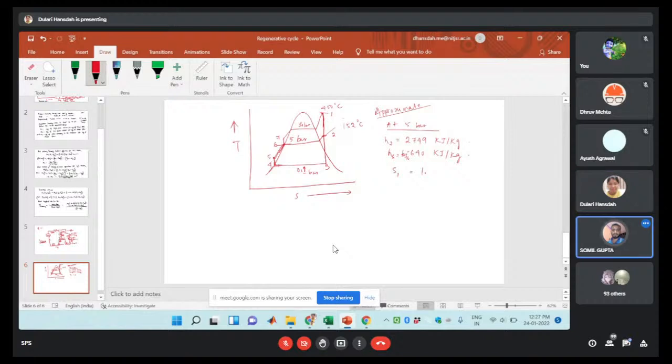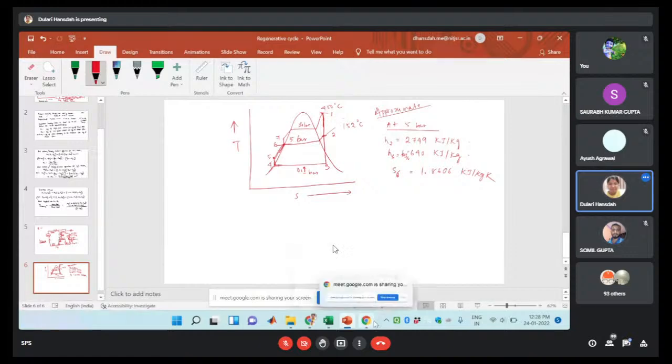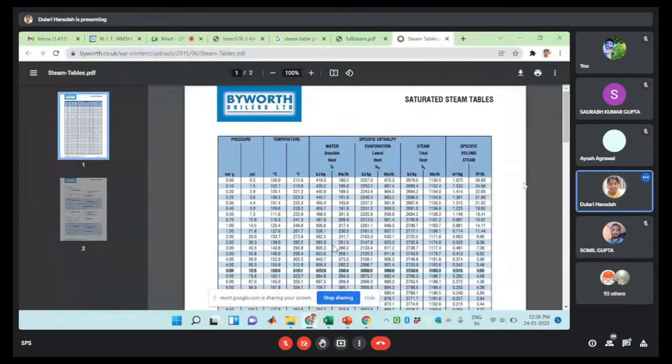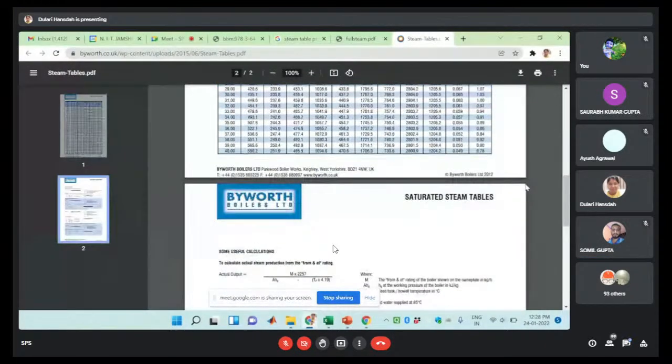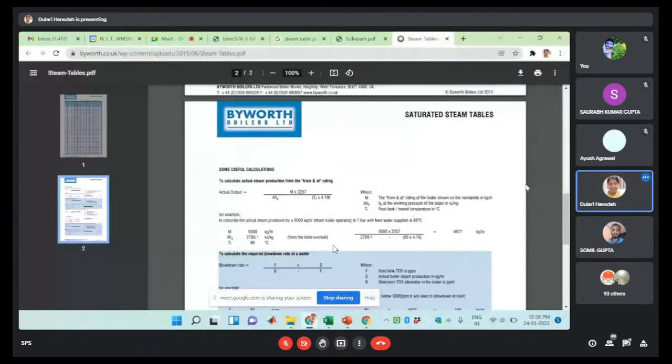S6 बता रहे हैं। S6 मैम 1.8606। S6 कितना है? 1.8606। कितना यूनिट? किलोजूल पर केजी केल्विन ना। Yes, ma'am. कौन सा टेबल यूज किए तुम? तुम्हारे पास बुक है? यस मैम, बुक यूज किया। कौन से ऑथर का? पीके नाग।